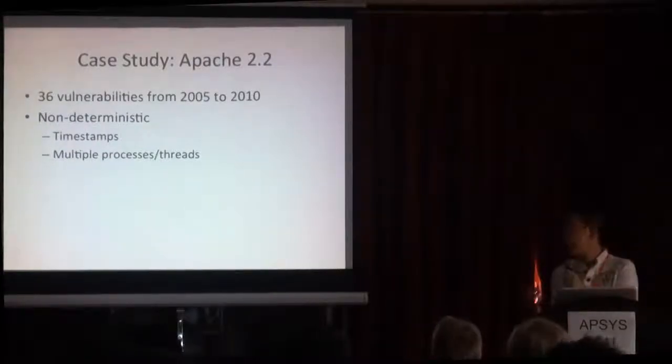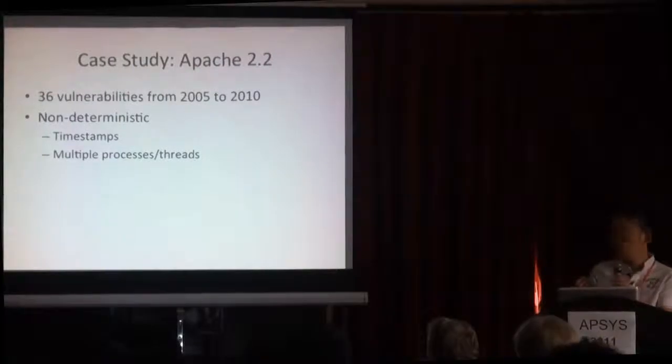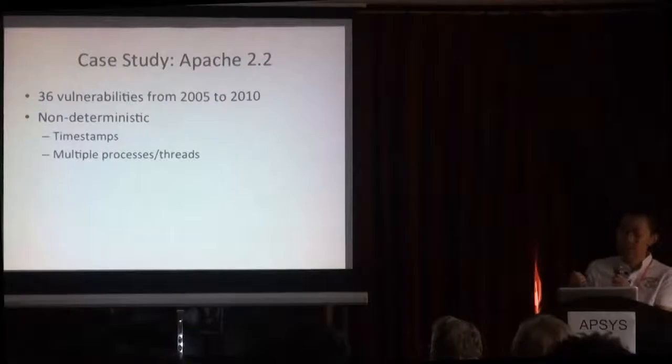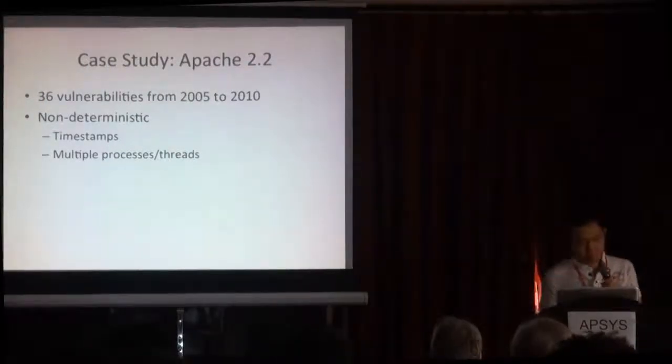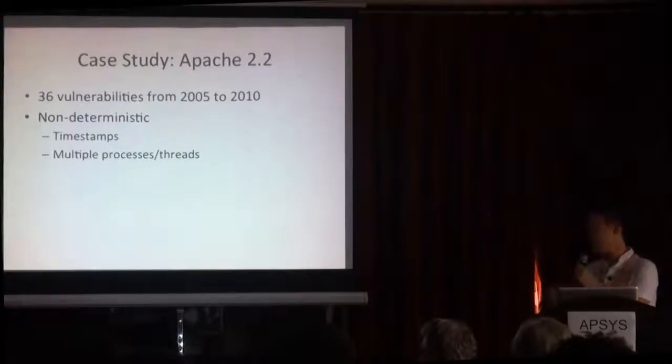So we are using Apache 2.2 as a case study. We basically summarize 36 vulnerabilities over a 6-year time span. It's a very complex program because